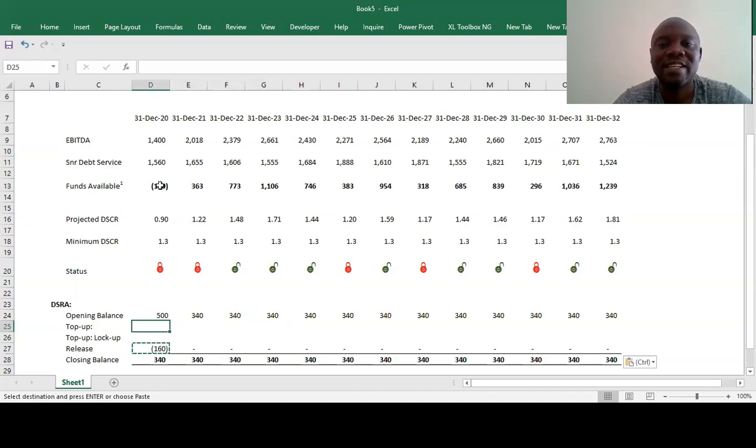So here now, this is where we just have to do a bit of thinking. How do we top up? When we check on this, first let's go stage by stage. You say the max of this, comma 0.